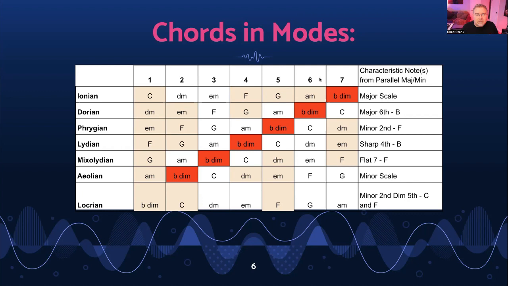But as you can see, we were messing around in E Phrygian. You can use this chart to come up with chord progressions within any of the other modes as well. Just remember, start on your root, and then use the chords that have the characteristic note. So like Mixolydian, the characteristic note in that is that flat 7. So that means it's the F in G Mixolydian. So any chord that has an F in it is going to be a chord that helps to establish that